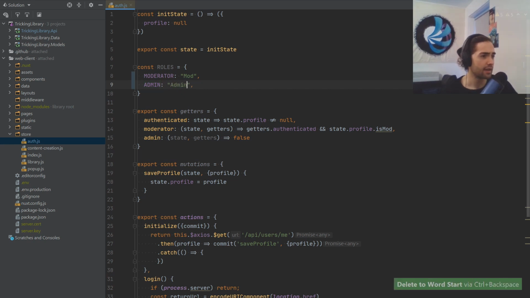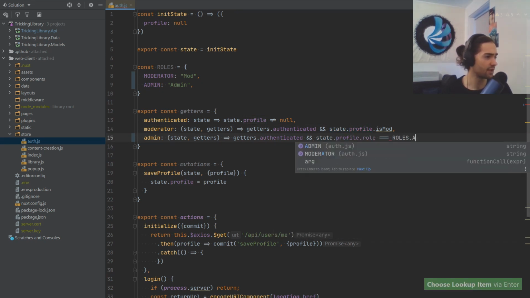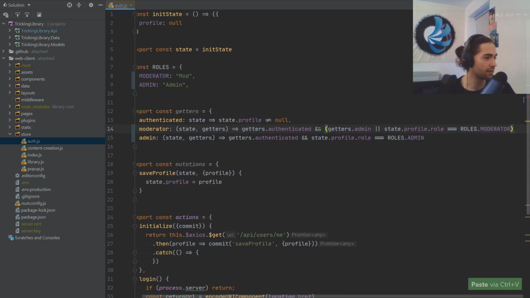Press that. Admin role. So these are the roles. What do we got? We want to replicate the same pattern where an admin is also a moderator. So let's say is the state profile. Let's say role equals roles admin, and then we'll say is authenticated, and we'll say getters admin, or kind of same story as this thing right here, except role is moderator, and sliding off the screen here, but not too